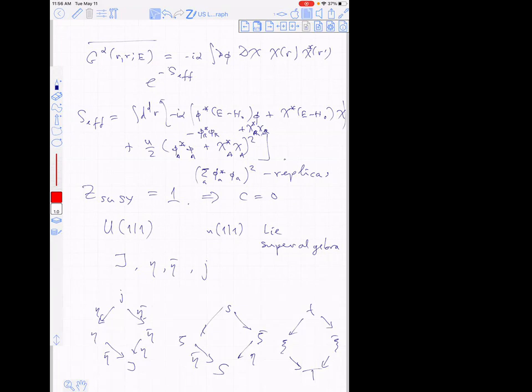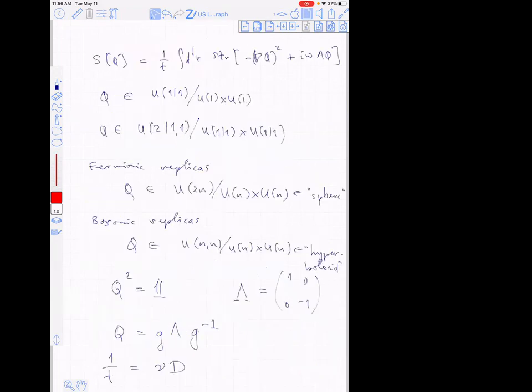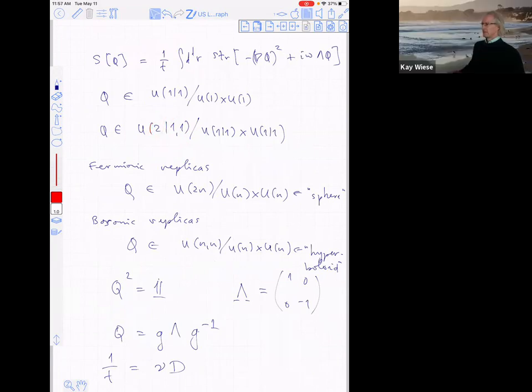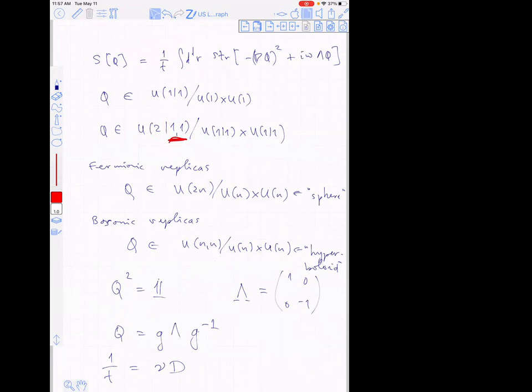No, because I looked at the minimal theory, for just one replica, advanced replica or retarded replica. Once I add the two of them together, what I wrote later is this object here, where you can see that the bosonic sector has U(1,1), and that's the non-compact structure. And this is U(2) in the fermions. This U(1,1) is the notation for the non-compact transformation here.